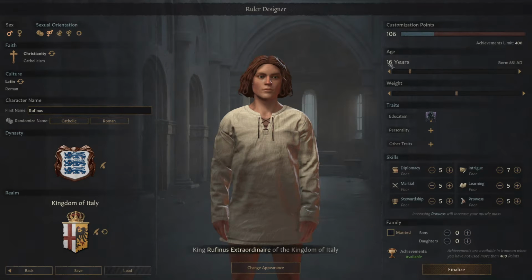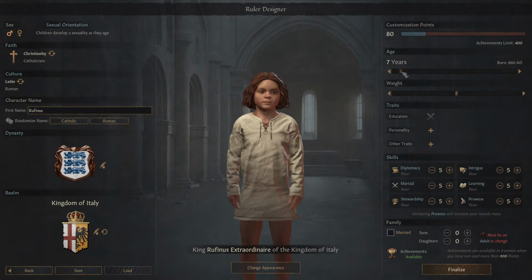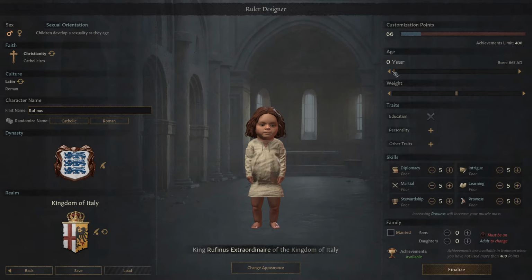be incredibly useful if you want to play the earliest age of what this game considers to be an adult and unlocks adult mechanics. You can make a 16-year-old so that you get all this extra time to get married to someone that you want, have kids that maybe you have more leeway with, and just accomplish more on this self-designed character. You could go even further and make a child starting from literal scratch.